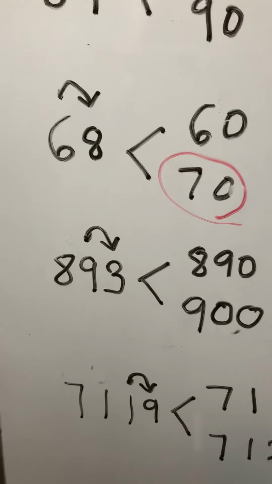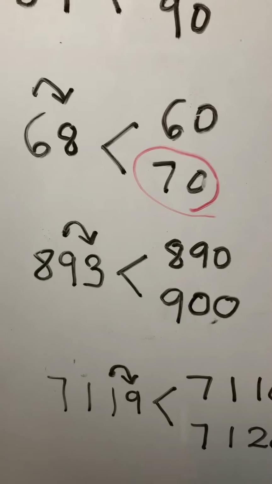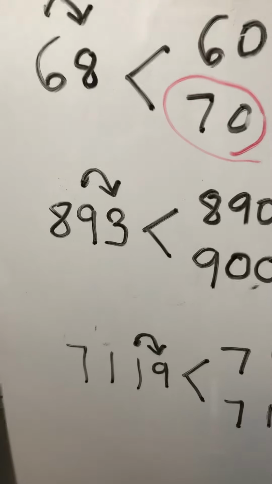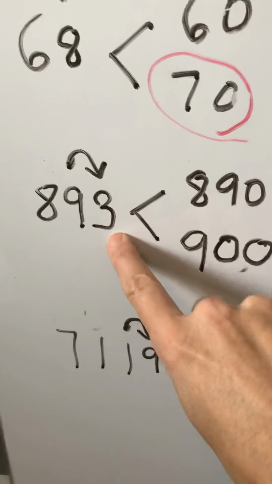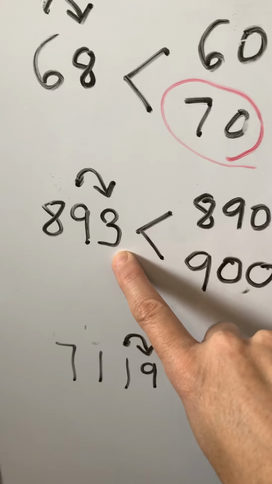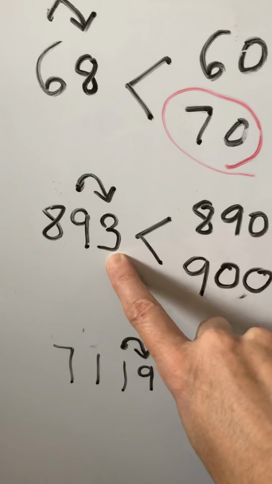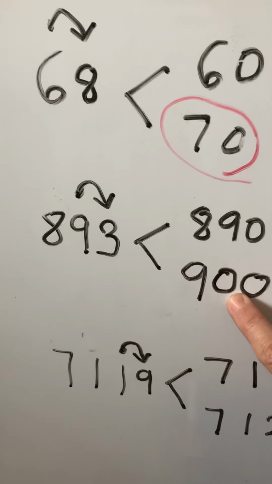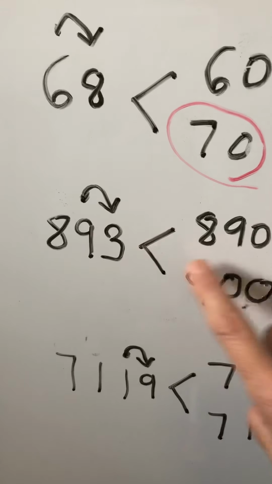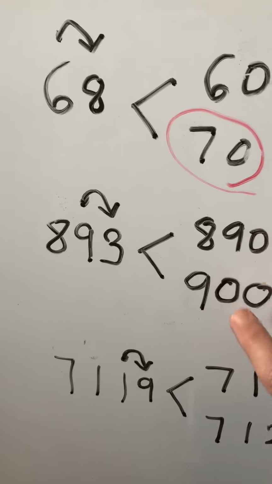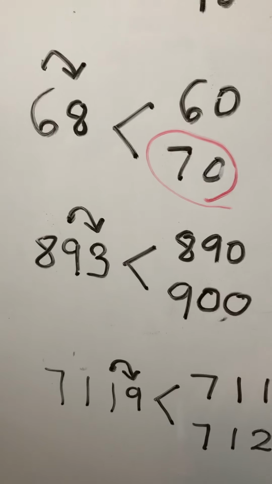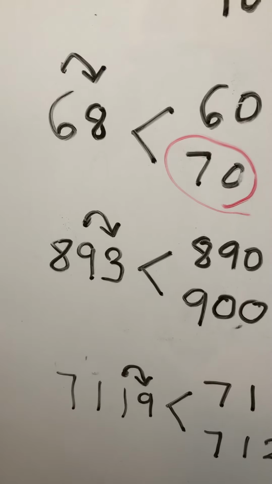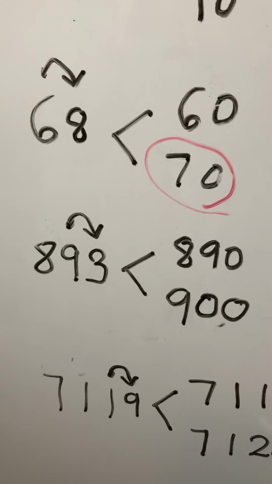Then we get to 893. This one's a little bit trickier, so careful. You're still rounding to the nearest 10, so please make sure that you put your dot above the tens, and it's your units that help you decide. Remember the rule: 5 or bigger than 5, you go to the bigger number, less than 5, you go to the smaller number. Well, 3 is less than 5, so 893 rounded to the nearest 10 will be